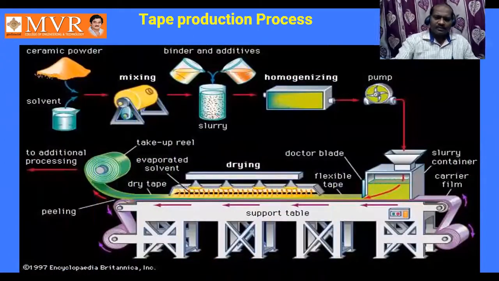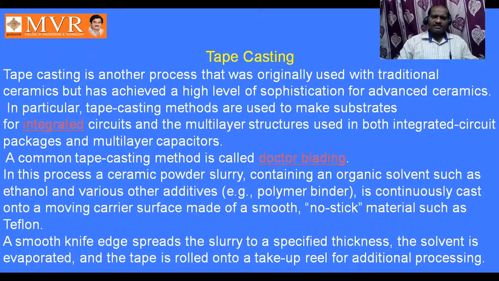So whatever process I have explained, the same process is there. First you have to take the material, and it should be mixed and pumped and passed through different types of rollers, and then sizing, that is sintering, has to be done and then it is rolled. If a specific purpose is there, then specific material like color can be added, some additives can be added, some binders can be added.